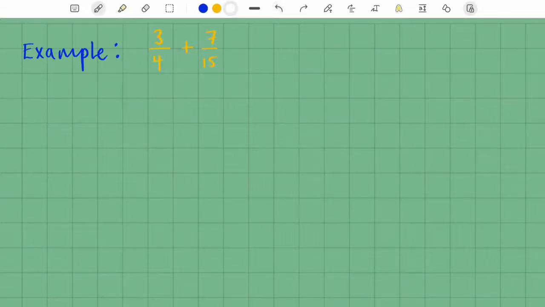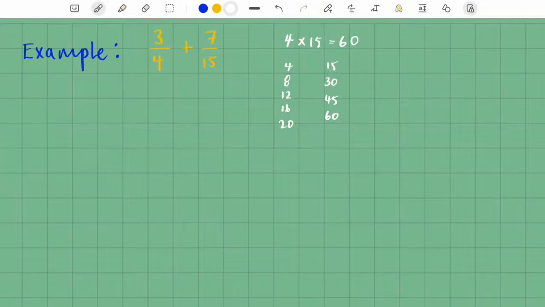And we want to think about a number that both of them go into. But a lot of the time, if you're really stuck, you can multiply 4 by 15 and find a common denominator there. You find a common multiple. That's basically what it is. It's not always going to be the smallest option. With 4 and 15, the other alternative, if you're really stuck, is to go up in your times tables, like so, in both,